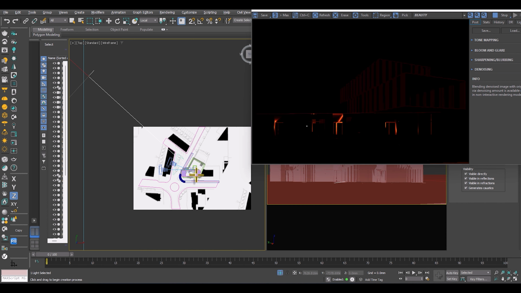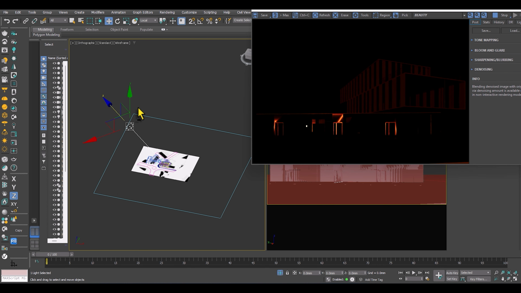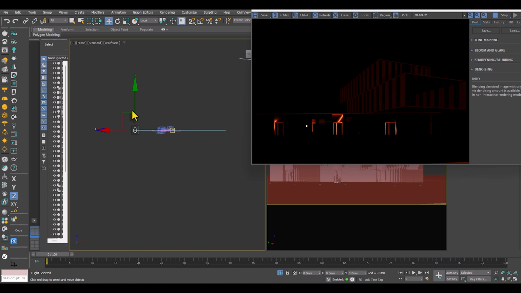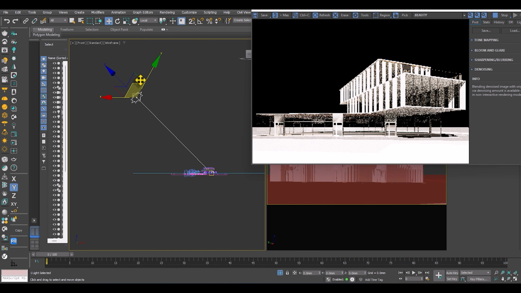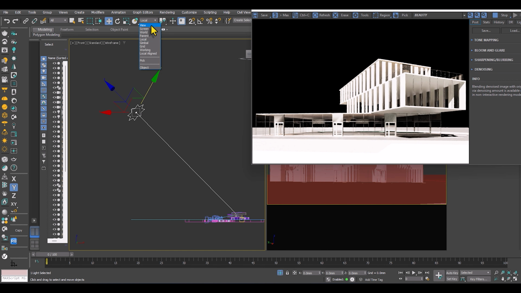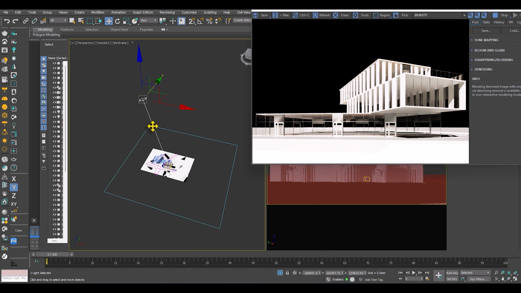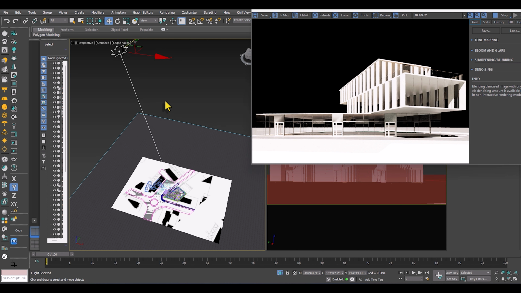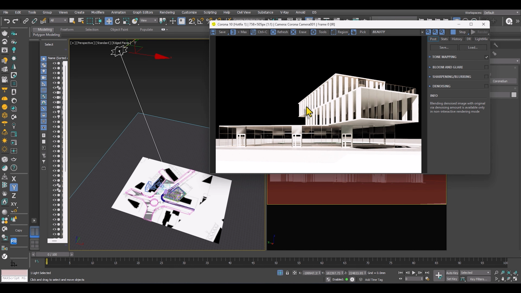Just drag and drop like this, go to the front view, and bring the sun up. Okay, I just put this sun, and as you can see, the sunlight is cast on this